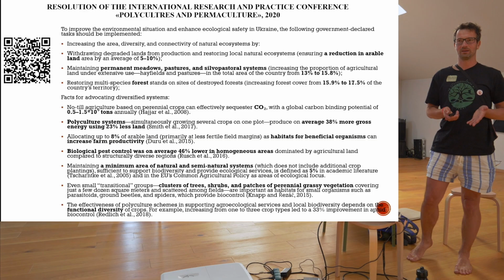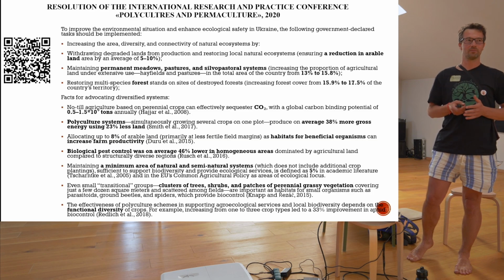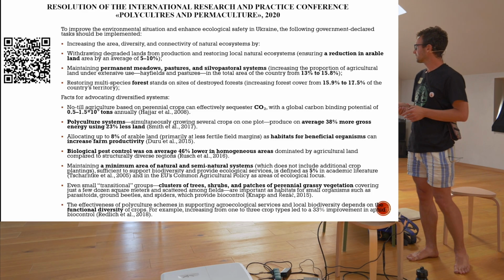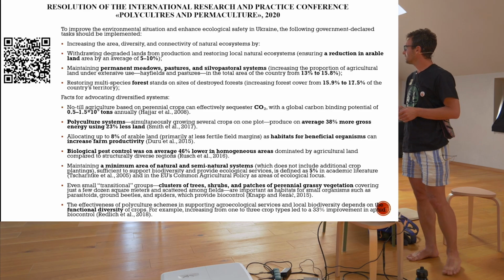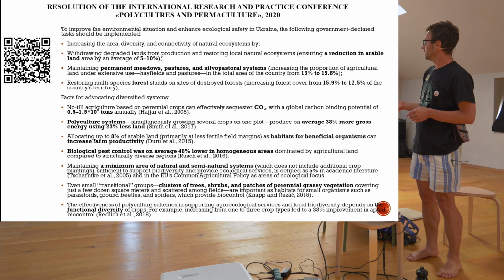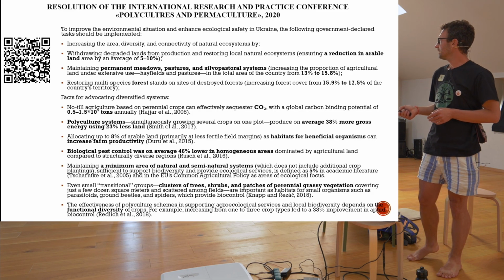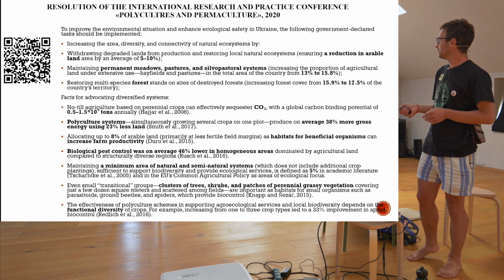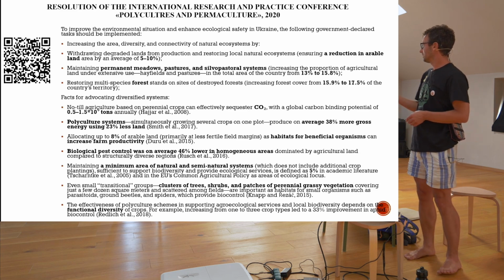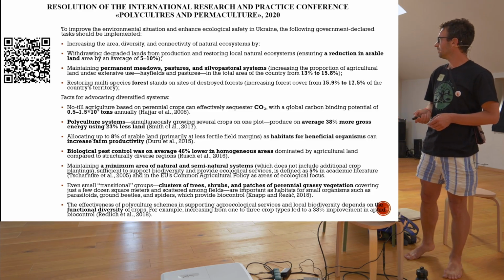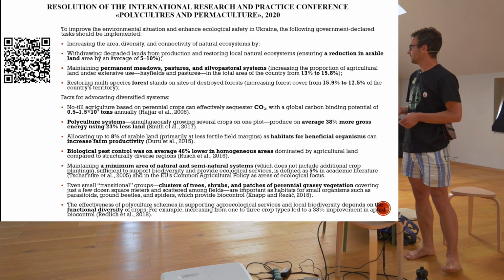and what is good about using academic argumentation is that we can demonstrate the benefits not just on one field, in one study, but in a collective study. For example, there is one collective study based on analysis of almost 1,000 publications, which shows that diversified systems, which we call polycultures here, produce 23% more food and energy, and they occupy less land.